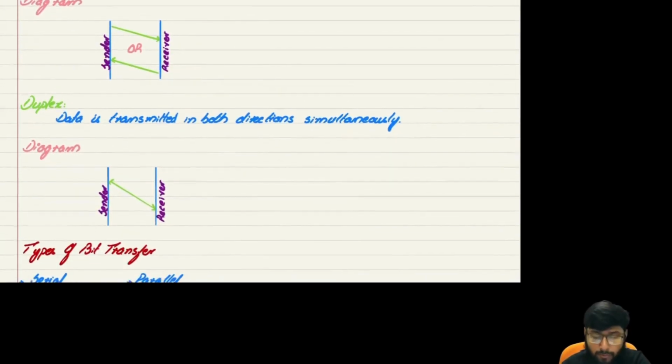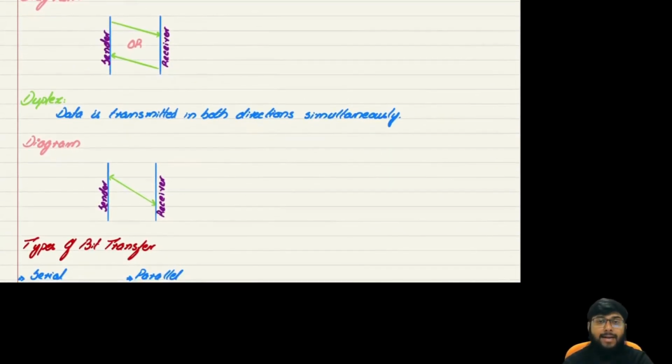Coming towards full duplex, or duplex, data is allowed to transmit in both directions simultaneously. Simultaneously means that at the same time, the sender can send data to the receiver, and the receiver can send data to the sender as well. Now, the best example of full duplex or duplex transmission could be